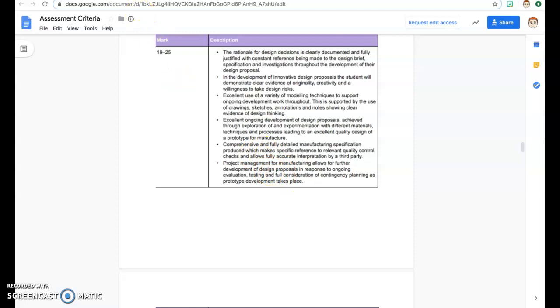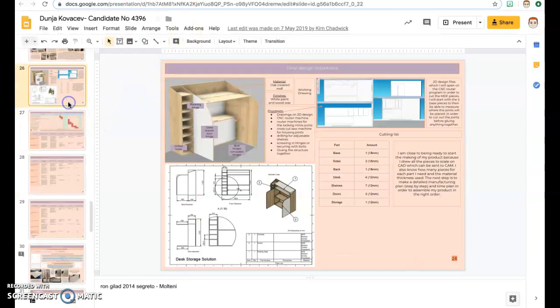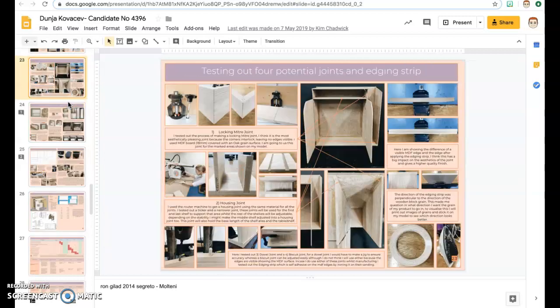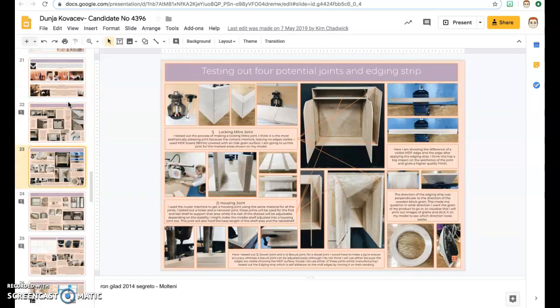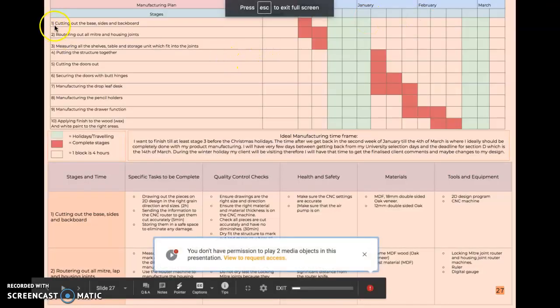So if I go into an example here now at the moment, I'm going to scroll down. Sorry, this is the wrong one. I'm just going to scroll over here first to section C. So you can see here that this particular example, I'll just present this to show you, has at